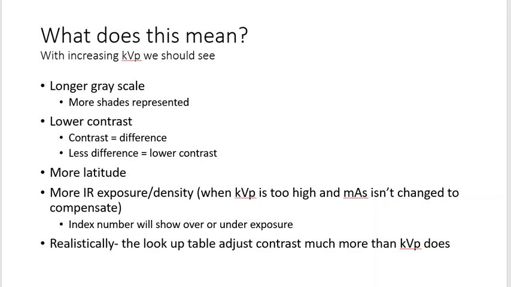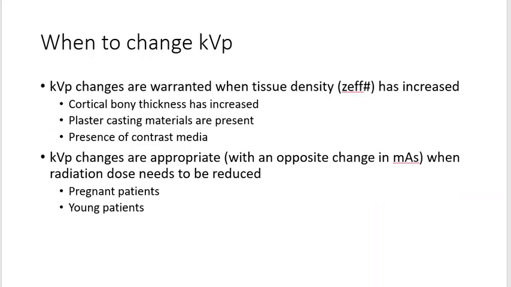And again, realistically, what's going to affect the appearance of the image is your computer algorithm, and we call that the lookup table. Lookup table is the computer algorithm for a specific exam, and I'll explain that later in the semester. So I'd mentioned in one of the previous recordings that most of the time we compensate for tissue types